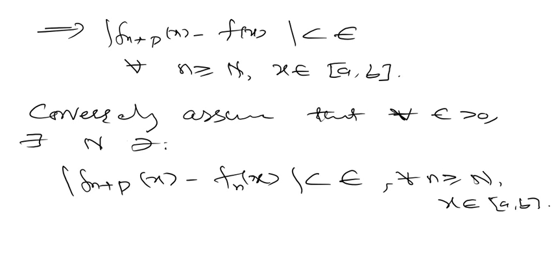Now this f_n(x) is actually a Cauchy sequence of real numbers. From this you can see that this sequence is actually a Cauchy sequence. The definition of a Cauchy sequence is |f_m(x) - f_n(x)| less than epsilon for all n greater or equal to capital N. So this is a Cauchy sequence for each x in the interval ab. So therefore